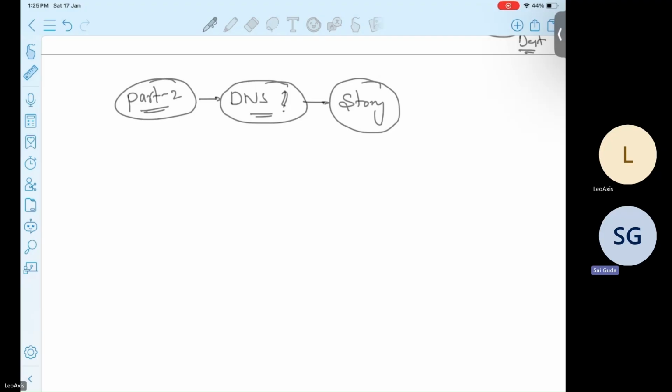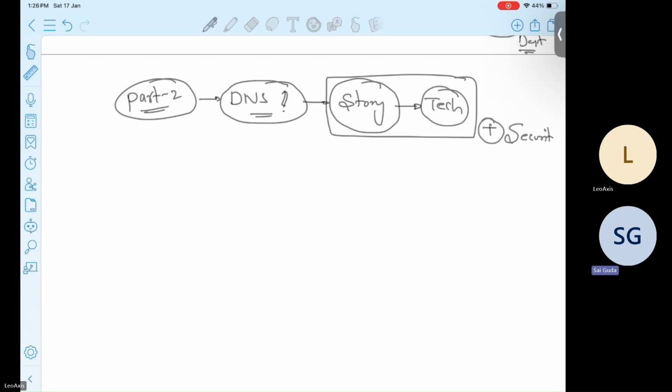So in this revision, first I'll explain the story, what we covered in part 2 in brief. Then I'll connect the story to the technical aspect. Once we're done with this revision, I'll add a new topic, which is known as security concerns. As a part of part 3, I'm going to cover the security concerns. In the security concerns, I'm going to explain the top 3 DNS security practices